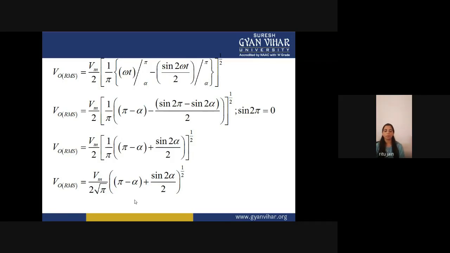So when we talk about the full wave converters, the components are fixed. So this is all about your single phase half wave converter and single phase half controlled rectifier, with the values of output voltage, RMS and average. In the next topic we are going to discuss